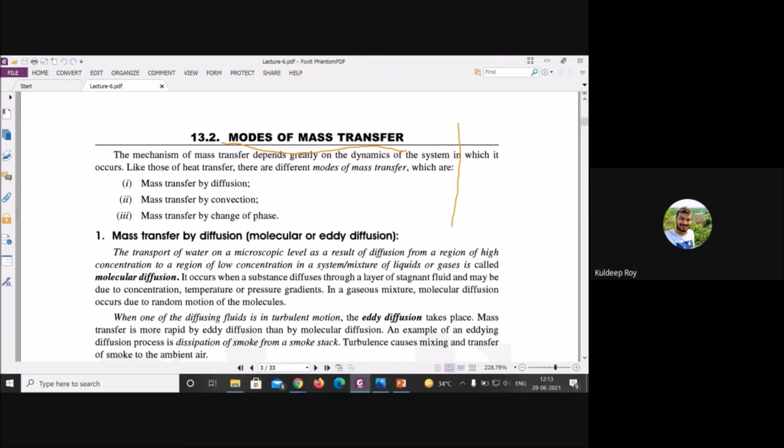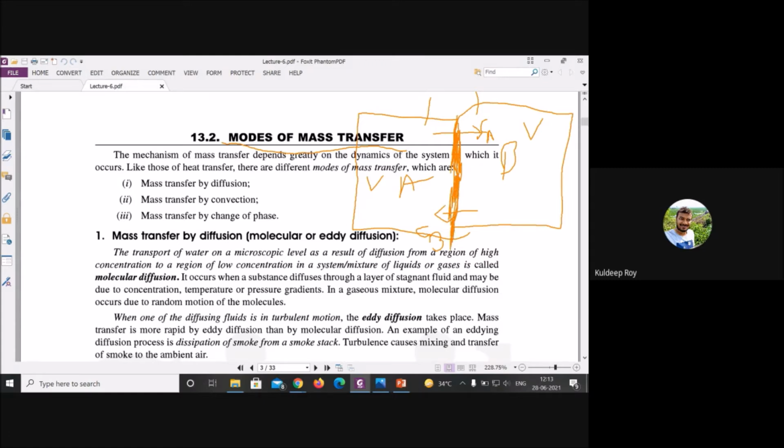Why am I talking about species, not in terms of concentration? Because if there are two compartments A and B, with a small partition, or you can say a semi-permeable membrane, A concentration is higher in this box and B concentration is higher in the other box. When diffusion takes place, A diffuses from here to here, and B from there to here, these being two immiscible liquids. There will be a boundary layer at the mixture of both surfaces, and at this particular point there will be diffusion. We will discuss this today, don't worry.